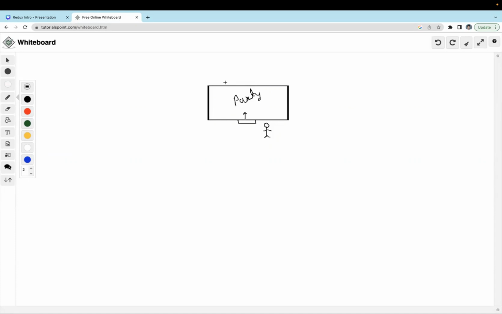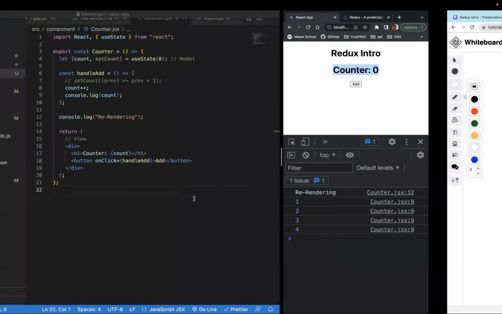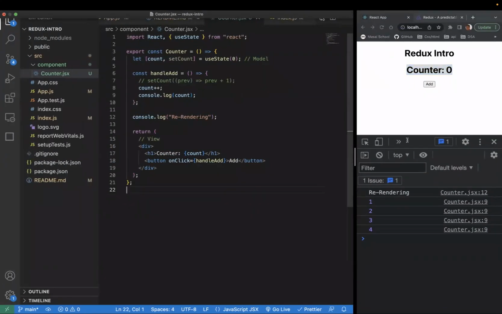Now suppose there's a back door, and some people are entering from the back door as well. Will you be able to count? No. So that's what React does. Are you able to understand? That's what React does. So if I come back to my code and hover over this set count,